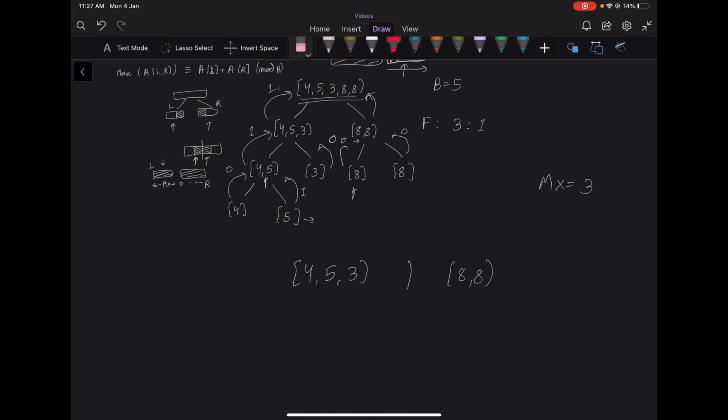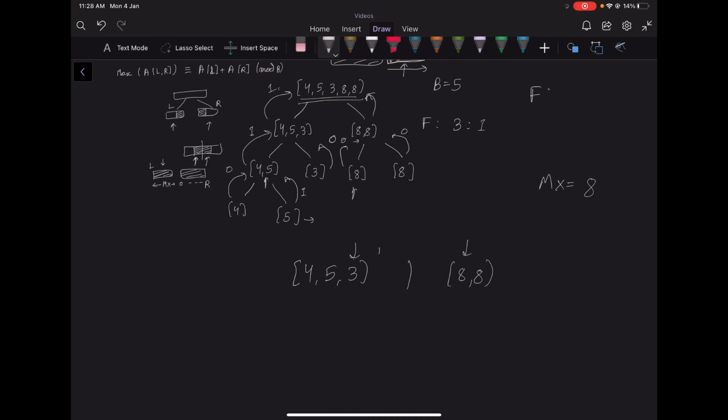So we move left and we get 5. So the maximum will be 5, but again we cannot increment our right pointer. So we move left and the maximum is still 5. So again we cannot increment this pointer. So now we will consider the case where the maximum lies in the right part. So our current maximum is 8. Now we will try to move our left pointer. So we can move our pointer here.